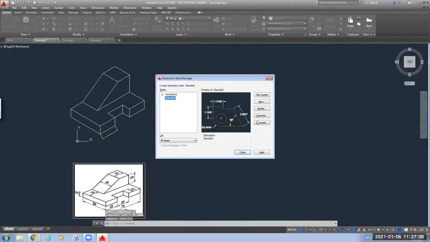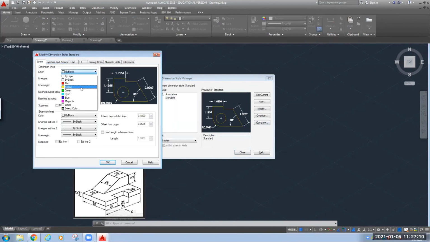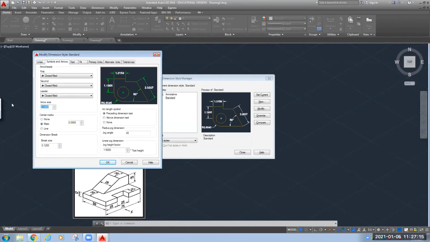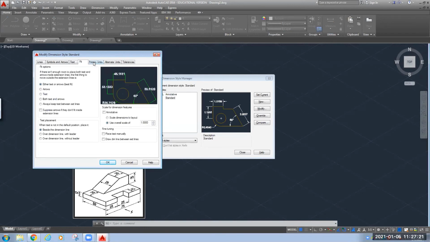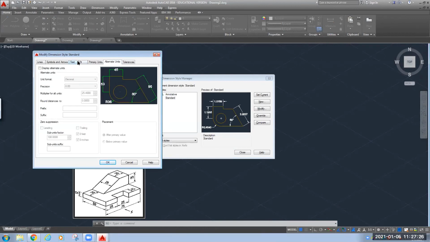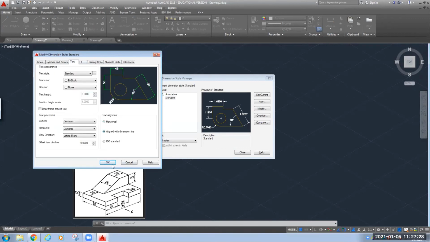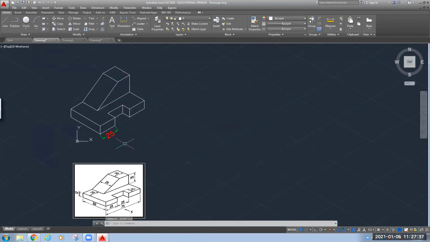Go for dim style, click on modify, start with this line, make it green, arrow size 3, text height 8, precision 0, rest everything text, make it aligned with the dimension line. Text color you can change to red, press OK. Close it. Now it is visible.